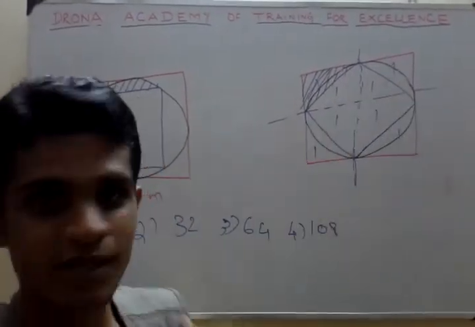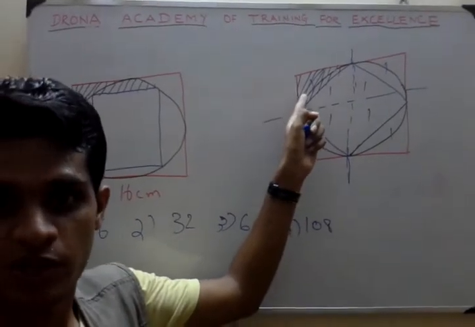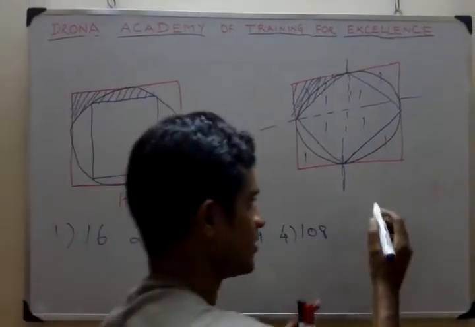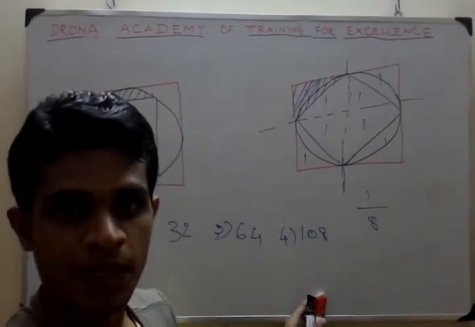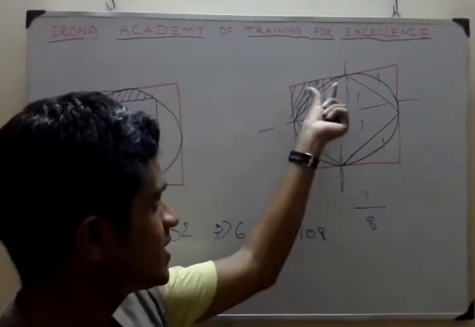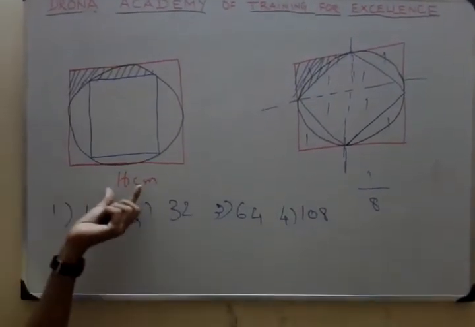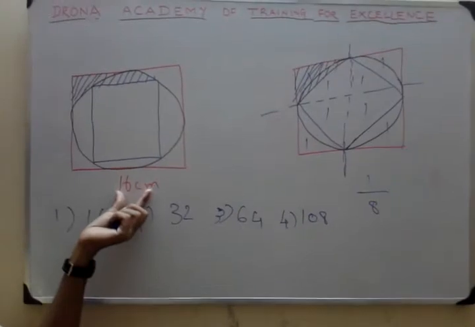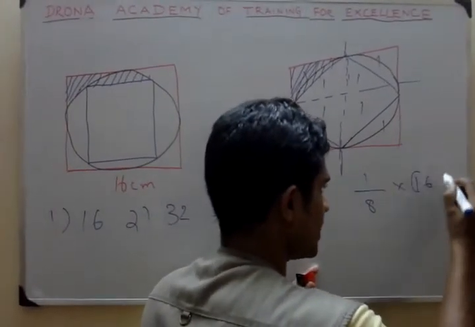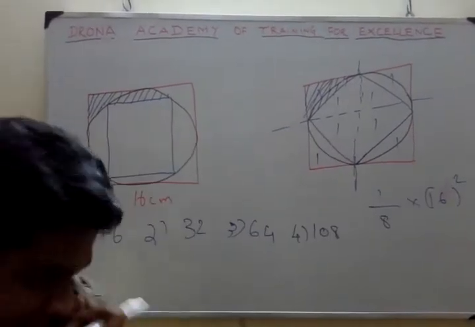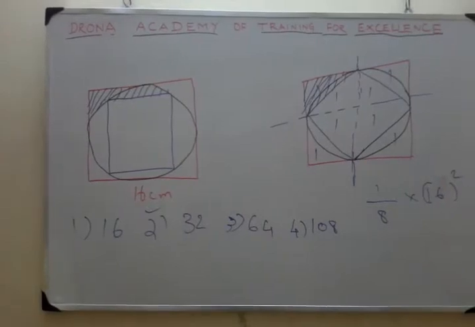Now the answer is so simple. Out of 8 equal triangles, one region is shaded. Am I right? One triangle is shaded. Now write the fraction. Out of 8 equal parts, one region is shaded. So now I am very sure that the required answer will be 1/8 of the total area. What is the total area here? 16. 16 square. So 1/8 of the 16 square is the required area. So now my answer, very directly, I can take as 32. That's it. So simple. Am I right?